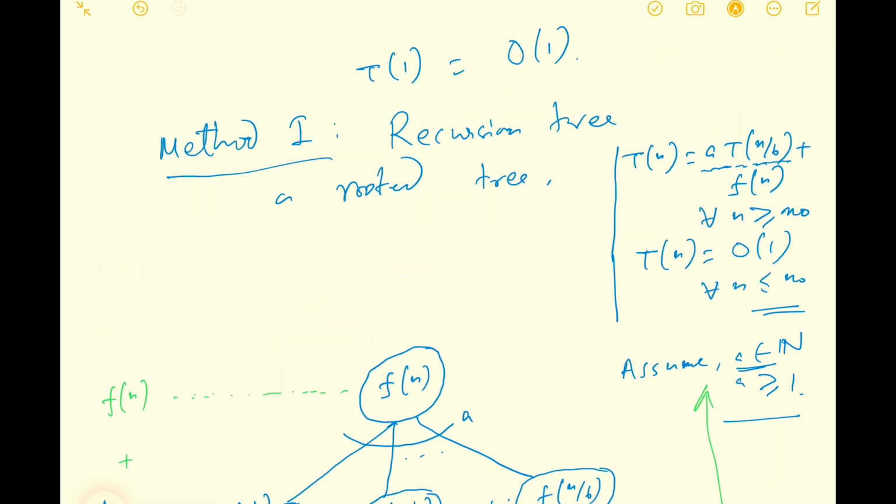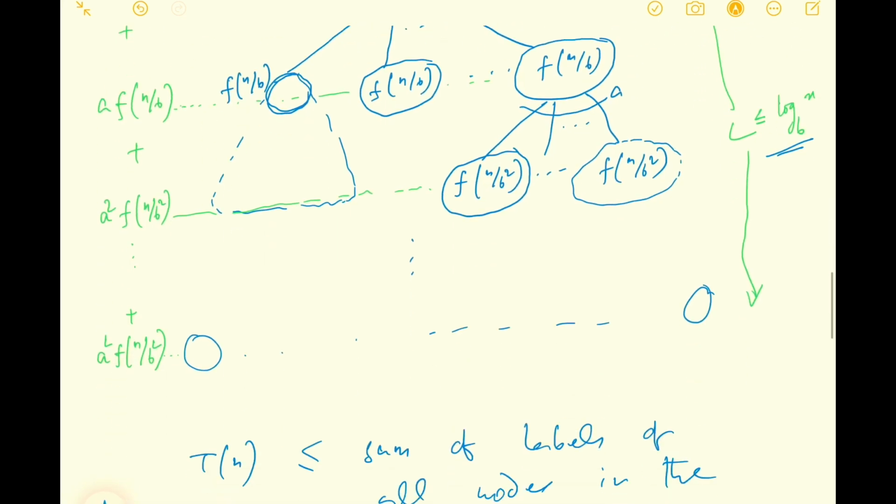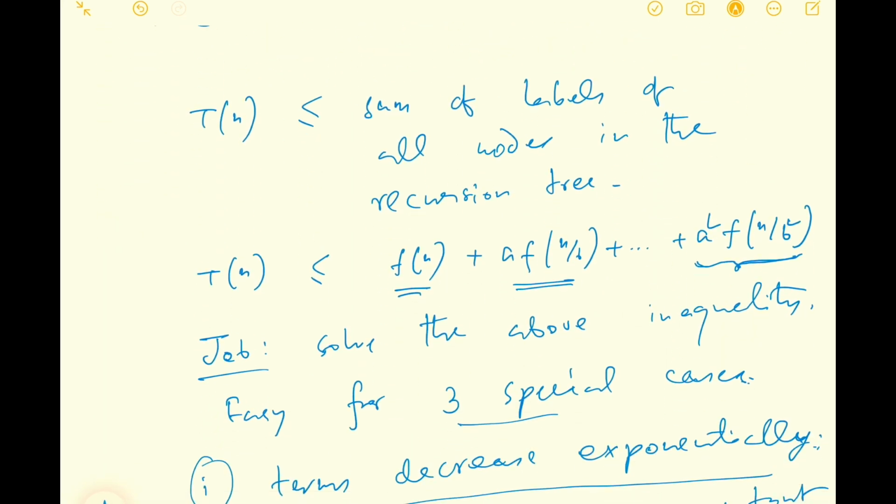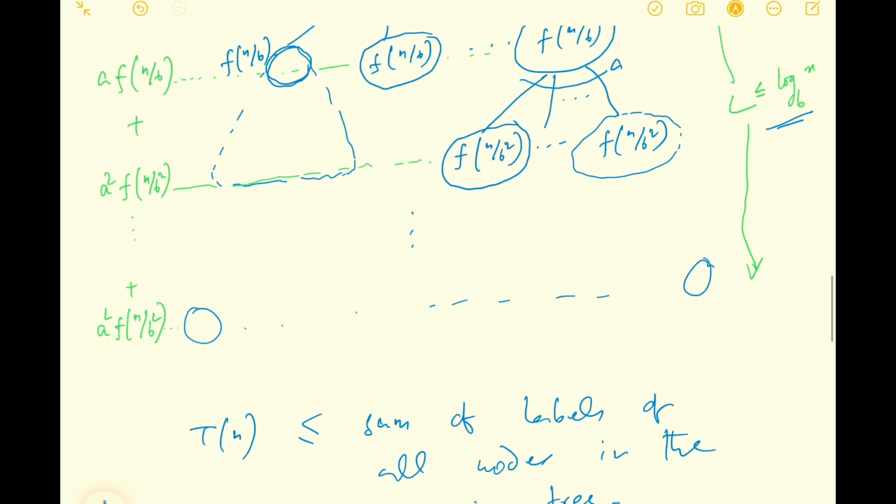Why? Instead, you can skip drawing this recursion tree and simply expand. You expand a T(n/b) and write T(n/b) again using the recursive definition, and you will get the second term, and so on. Keep expanding till n by b to the power l hits the base case. To write this step, you don't really need a recursion tree. What the recursion tree does is give a nice pictorial view of the computation that is going on.